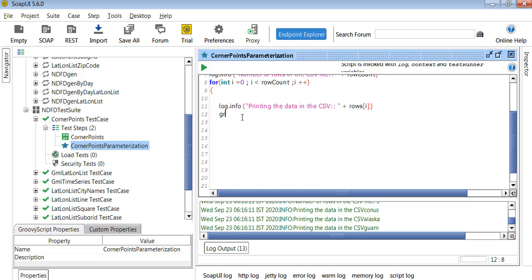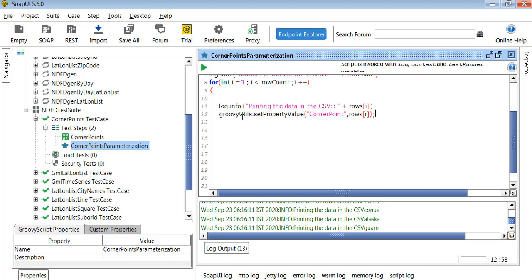Then what we are going to do is use Groovy util dot set property value. What is the property we are going to use? Let me show you. First, let's create one property, say corner point property. It's a property name. What is the value we are going to set? We are going to set this value for this property.